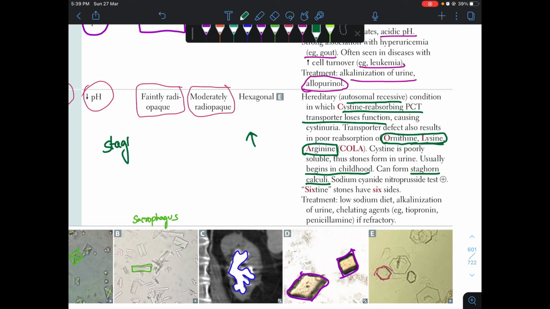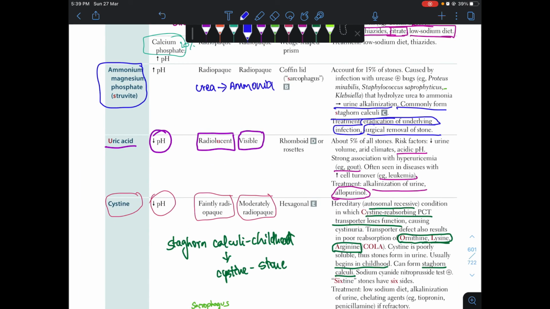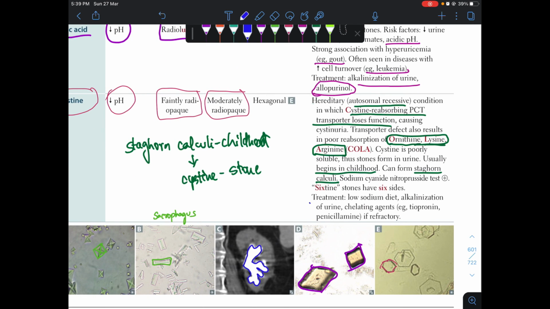Staghorn calculi in childhood is due to cystine stones. Staghorn calculi in adults is due to ammonium magnesium phosphate stones. And the treatment for cystine stones includes a low sodium diet, alkalinization of the urine, and chelating agents like penicillamine,